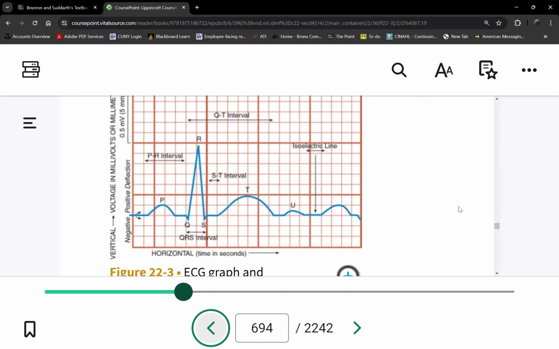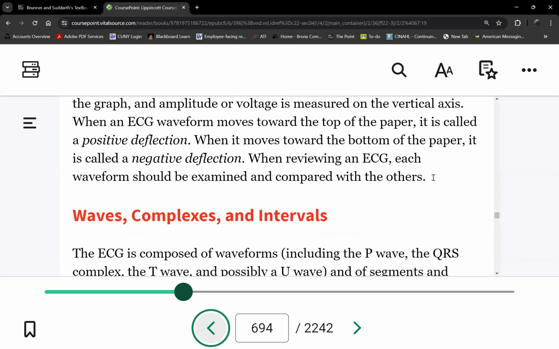So is the PR interval important? Now imagine if the heart rate, I know we haven't counted the heart rate yet, but in this example here, for instance,